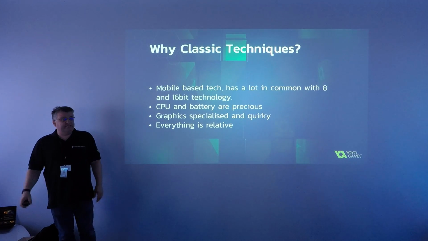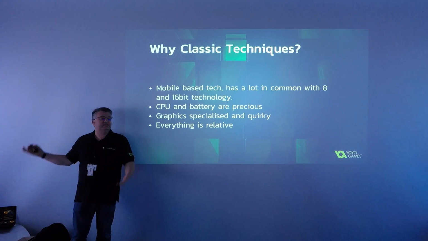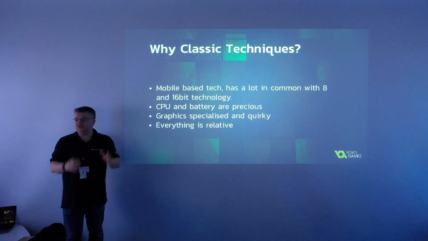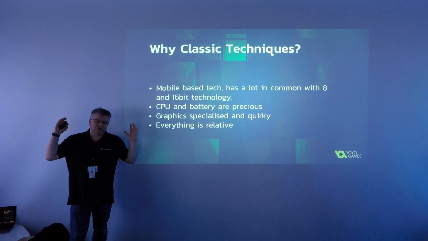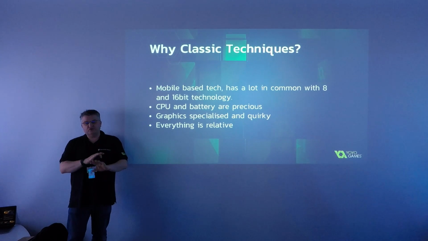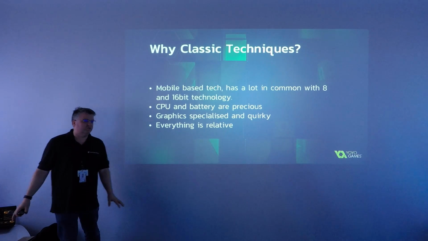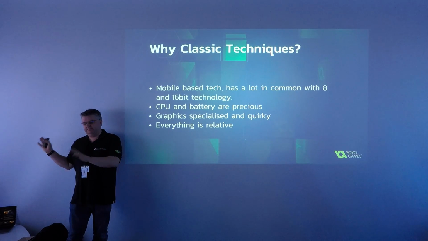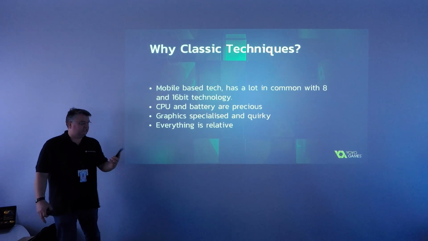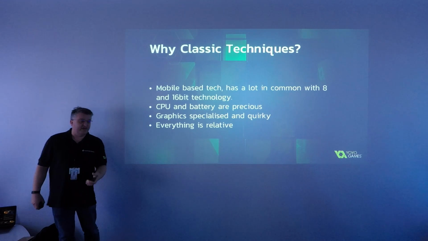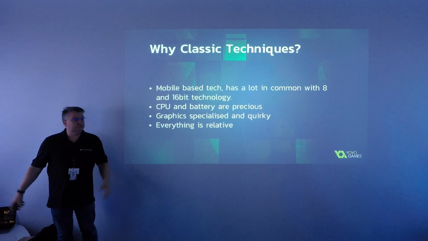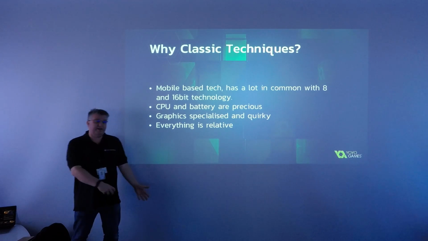So why classic techniques? Well, while computers these days are much, much faster, a Spectrum was 3.5 megahertz speed-wise. That means every instruction was at least 4 or 5 clocks, so you're doing much less than 1 million instructions a second. These days, I'll fish around in my pocket and pick up my iPhone. These devices are about 1 billion times faster than that was, and yet it still has the same sort of problems. We still end up with the same issues, and so classic techniques that we used way back then are actually